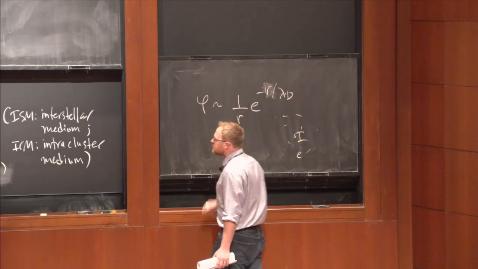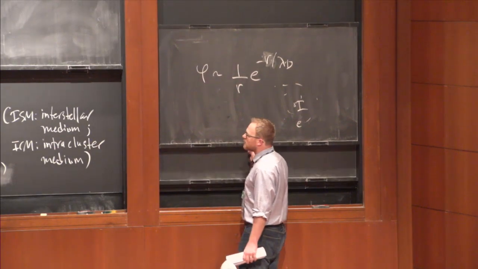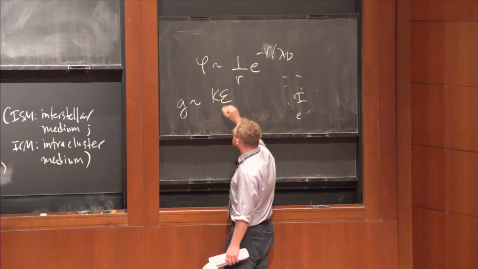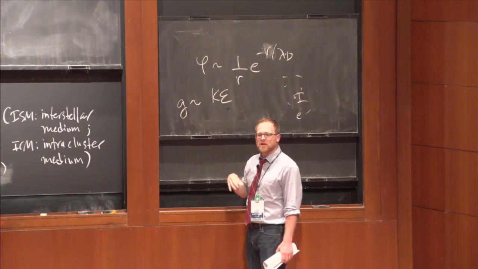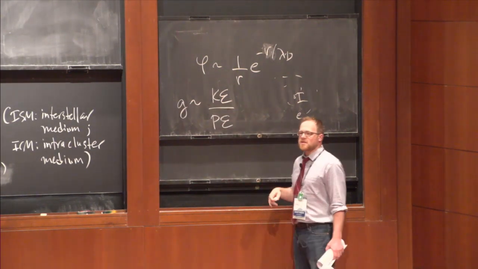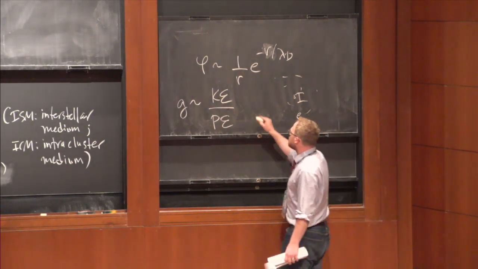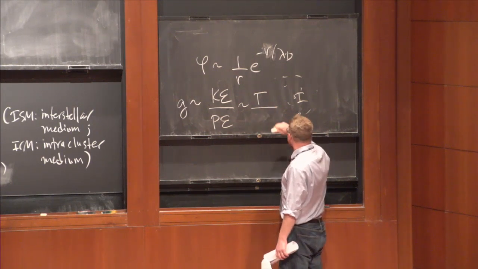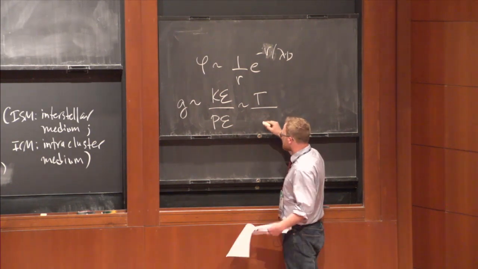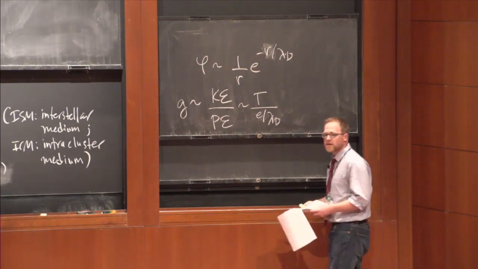The reason the Debye length is important to the definition of a plasma is that this marks the dividing line between roughly the kinetic energy in the random motions of the particles, like the temperature, and the potential energy, which is just from Coulomb interactions on the scale of a Debye cloud. So kinetic energy is just temperature, and potential energy is some charge divided by lambda Debye.